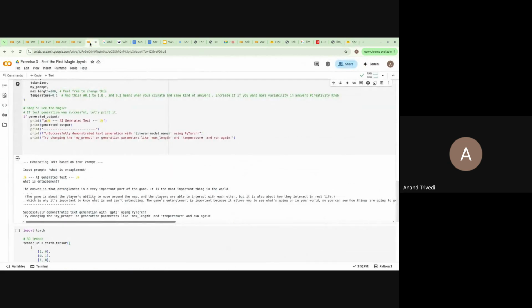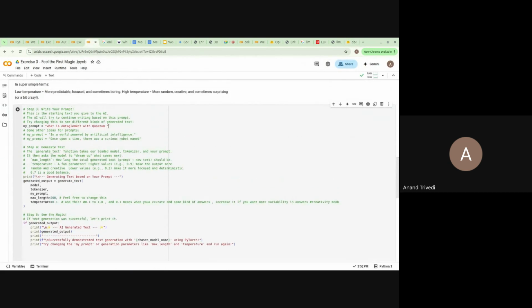Now going back to our model. Within quantum physics, I'll ask one more question.